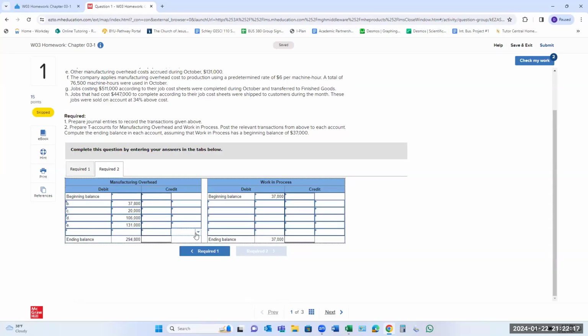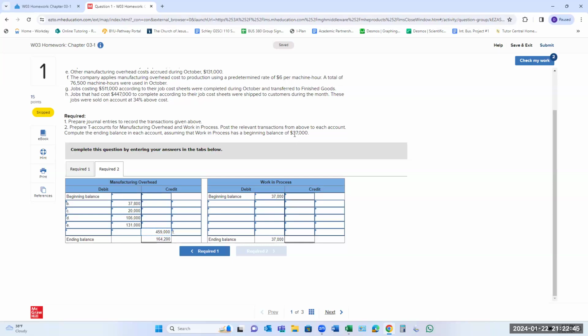So I want to put the F over here, right? Because it's a credit. It came out of manufacturing overhead. Now, again, we're only dealing with the T accounts for manufacturing overhead and work in process. Obviously, all of those journal entries are connected to T accounts, but these are the only 2 they want us to do. Okay, so now I'm going to do it again, only this time I'm looking for work in process,